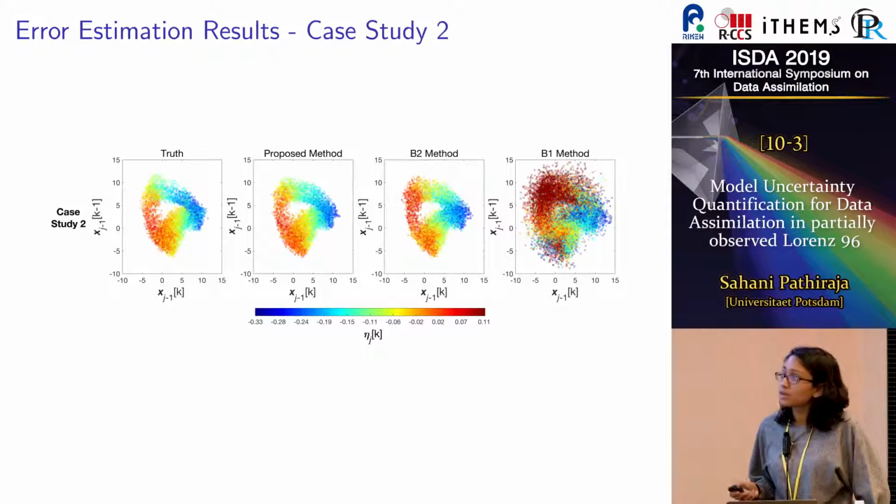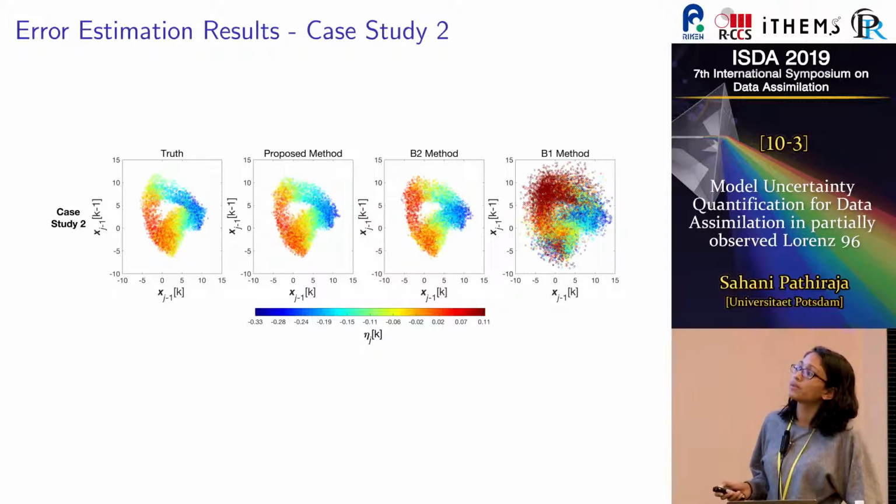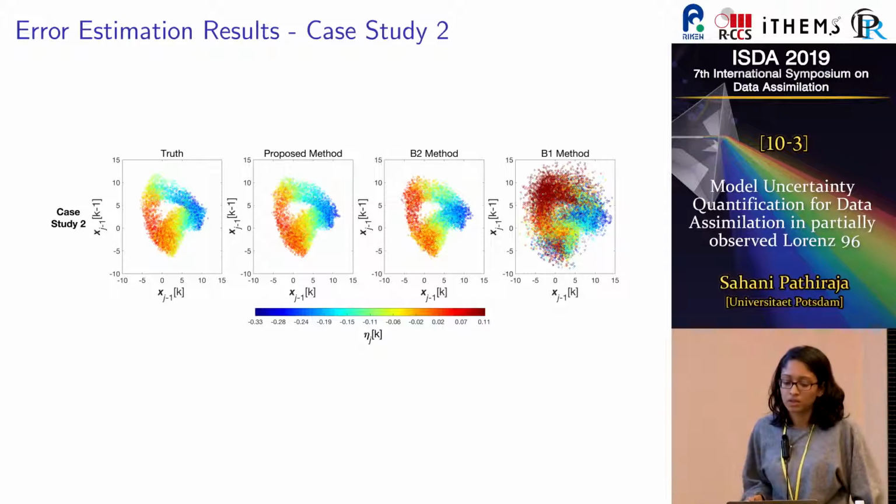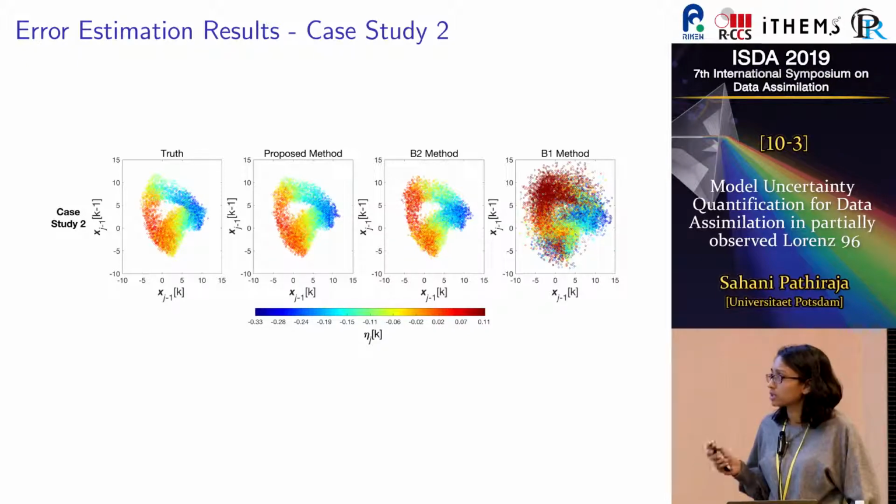The second case study gives a fairly similar story. I've just put this here to demonstrate the use of a higher-dimensional covariate space. So here, not only are the errors dependent on the state at the current grid point, but also at the neighboring grid point. And the colors represent the magnitude of the errors. And as I mentioned, it's a similar sort of story. The differences are a little bit more subtle. You get improvements in certain regions using the proposed method compared to using the 4D-Var as your optimizing objective function.